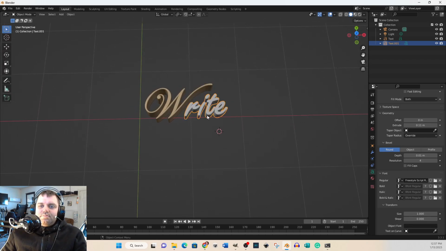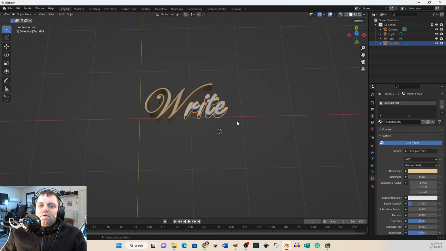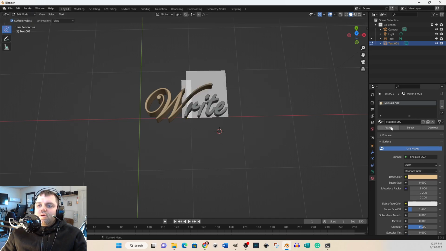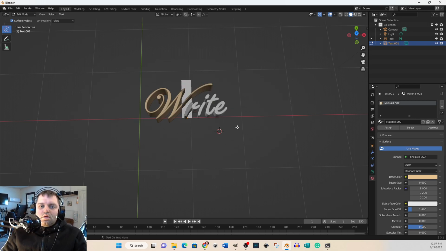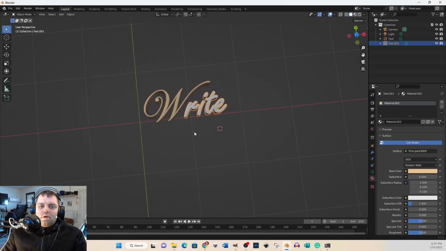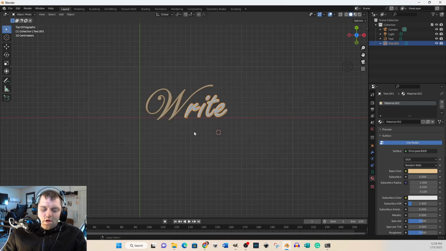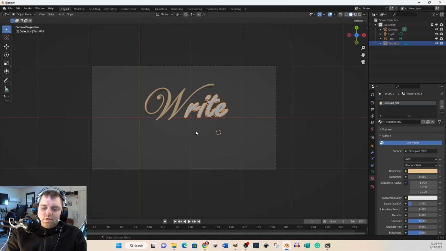Okay, so if we hit tab, let's go back to the fonts here. For some reason, it doesn't look like it wants to take our font, so let's go and hit tab. We want to assign material to it. And let's assign it. Okay, let's see if it's actually rendering like it should. So if we hit 7, Alt-Control-0 will move the camera so we can take pictures and use this. So if we hit F12,